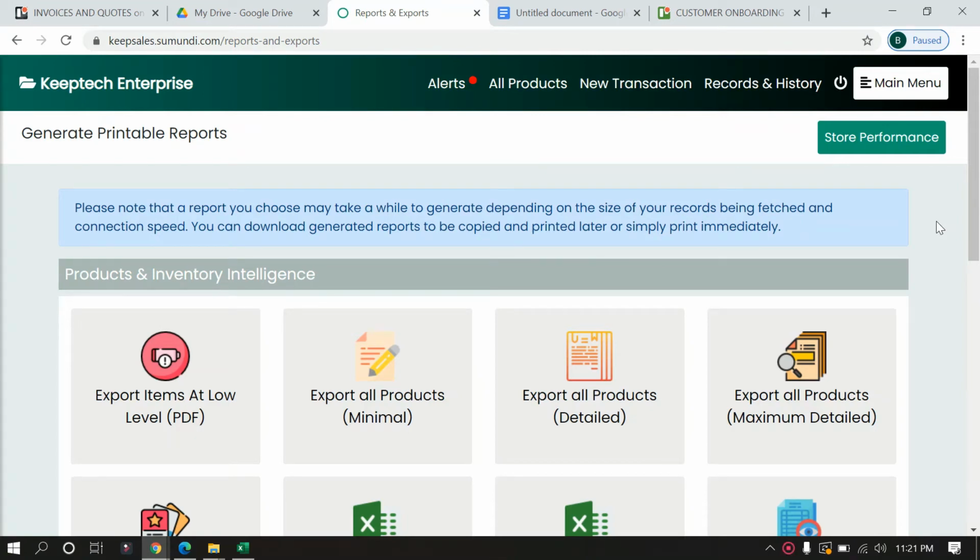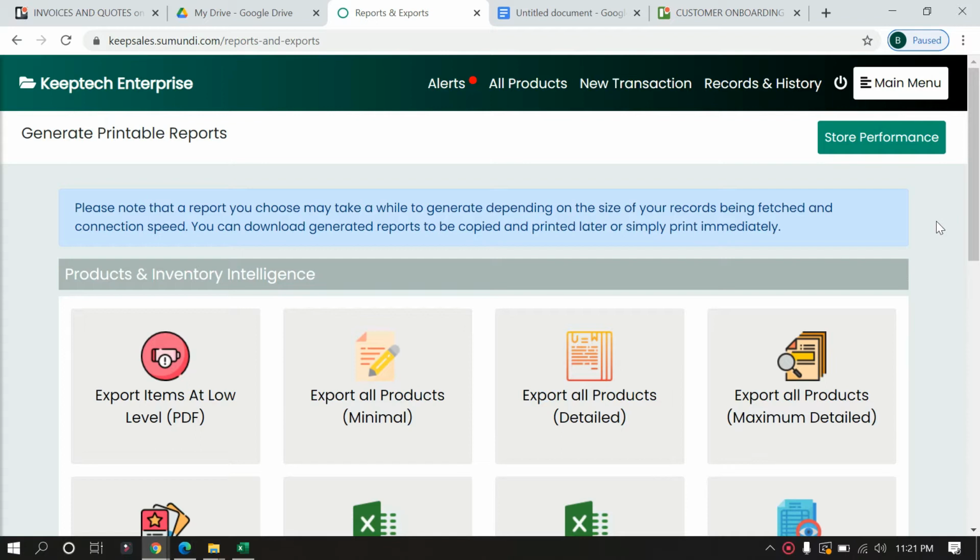Now in this video, we will be looking at exporting activity trail for auditing and its relevance. Activity trail is a feature that literally trails your activities, and specifically it trails a particular activity on Keepsales, which is that the feature tracks and records any update that you make to your inventory. Anytime you visit Keepsales to make changes to your inventory, those updates are tracked for reference and audit